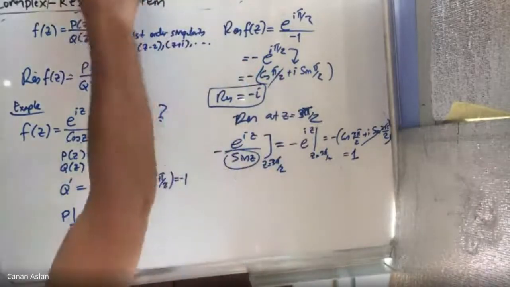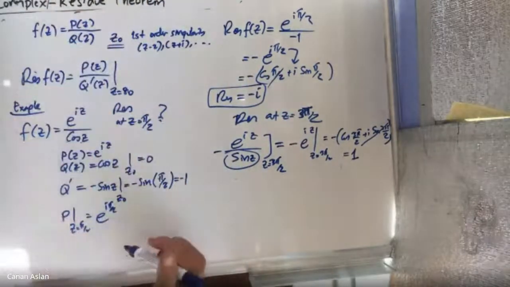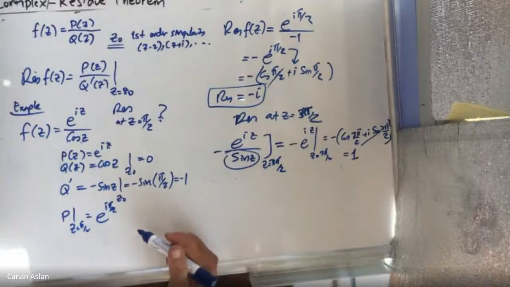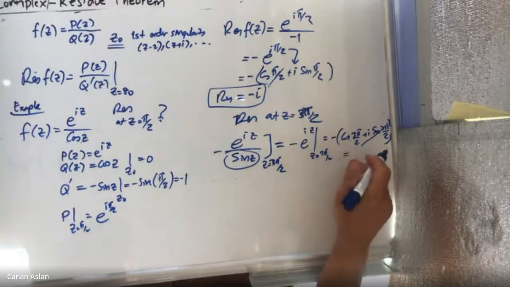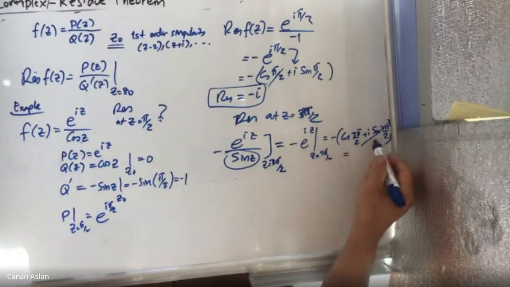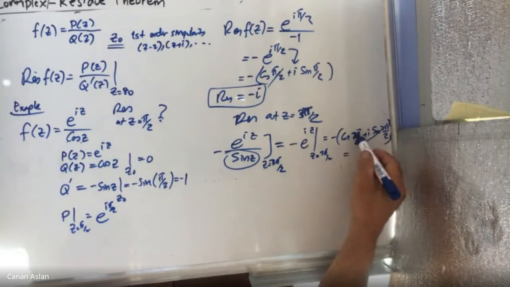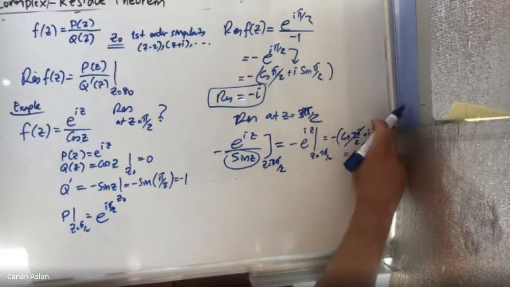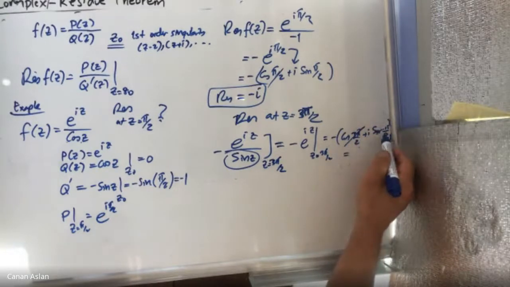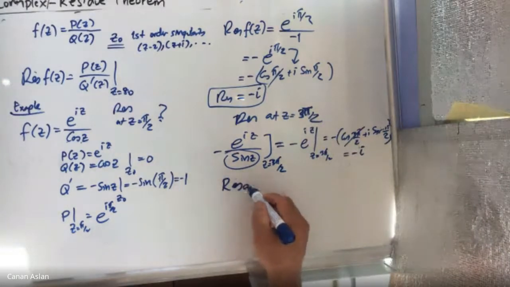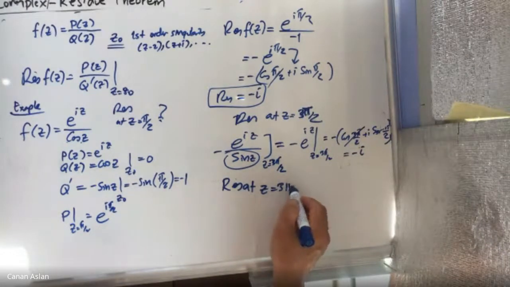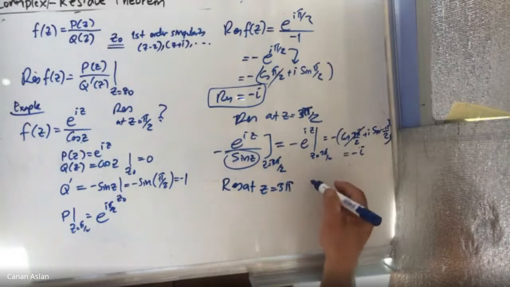So now this is calculated at 3 pi over 2. Let's check again. Which one cancels? Cosine of pi over 2 is 0. Cosine of 3 pi over 2 is also 0. So this is the term which is 1, it's just minus i again, the same thing. But if we want to get the residue at z equals 3 pi, for instance, then the result is simply